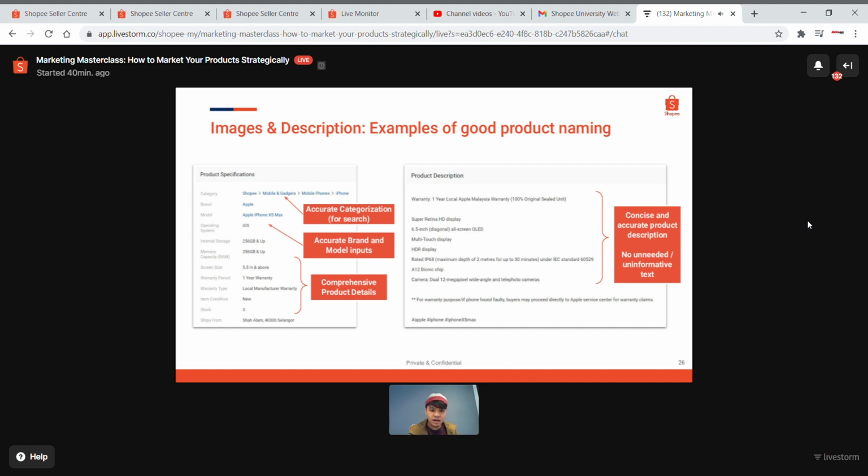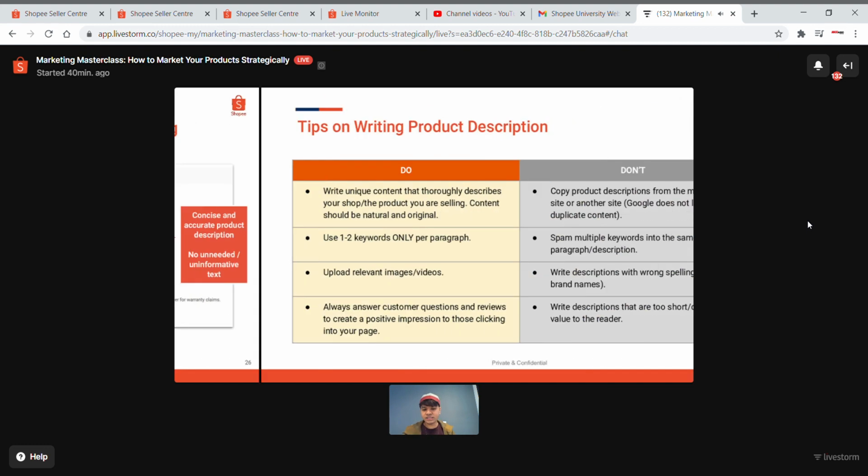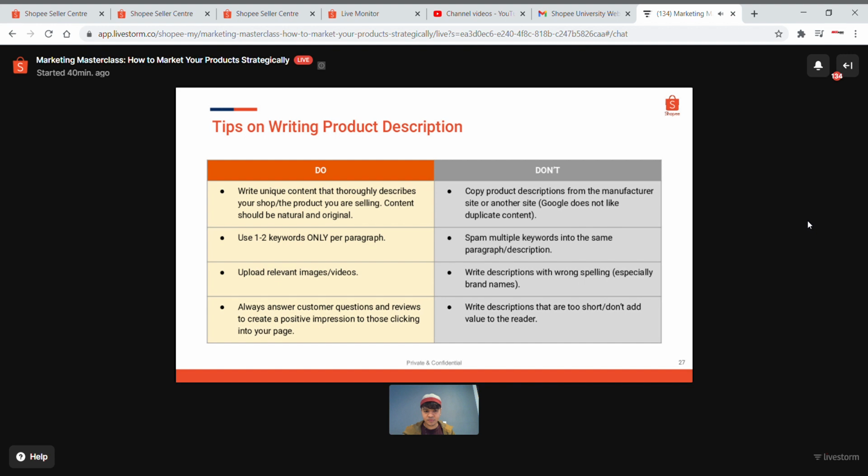Okay, they tell about the warranty, they tell about the product itself, the specifications. So all these things are really important. So the tips on writing product description, the do's and don'ts. I'm just going to focus on the don'ts. All right, look at the gray